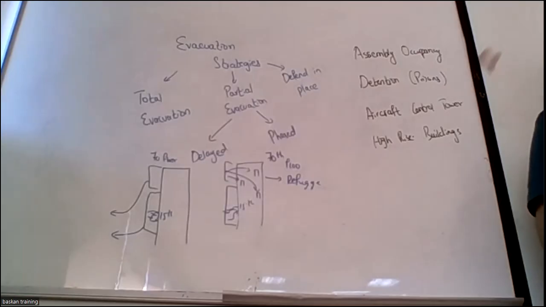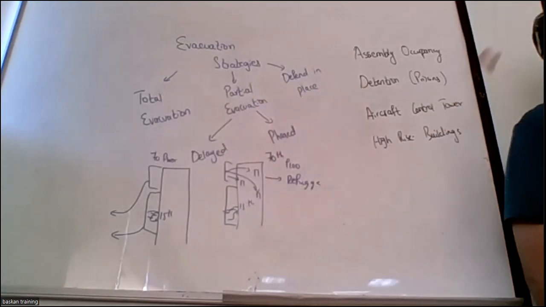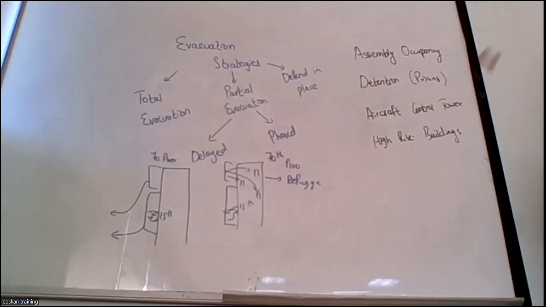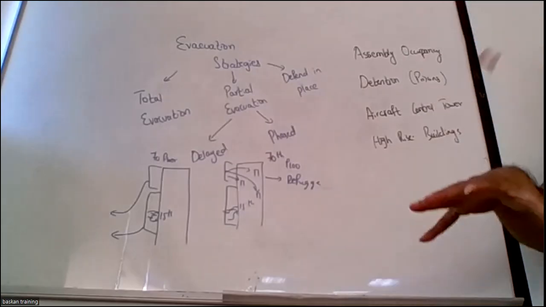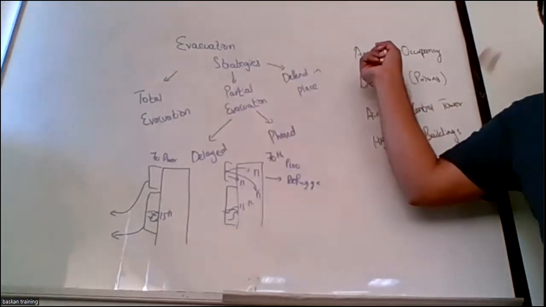Assembly occupancy is a place we usually define where 50 or more people are gathered at one point. Our movie theater, cinema, it's an assembly occupancy. Any type of conference rooms, wedding halls, these all are assembly occupancies. So if there's a threat, what type of strategy will be effective? It will be total evacuation, because all at the same time they are all equal in the threat, right? So it will be total evacuation.